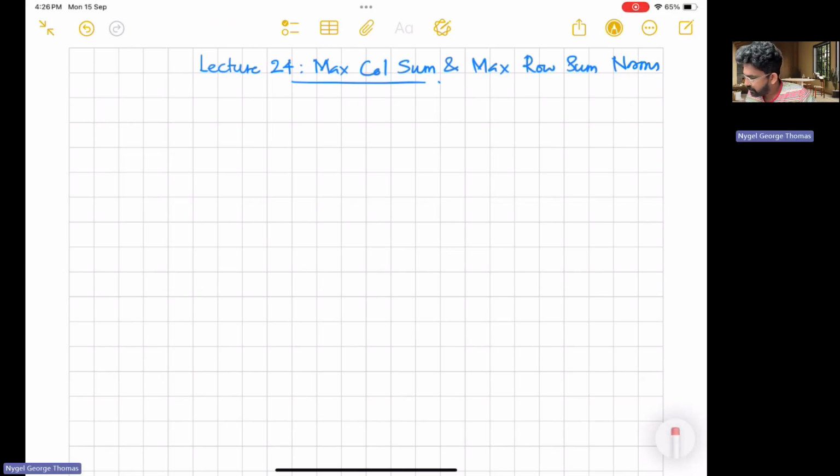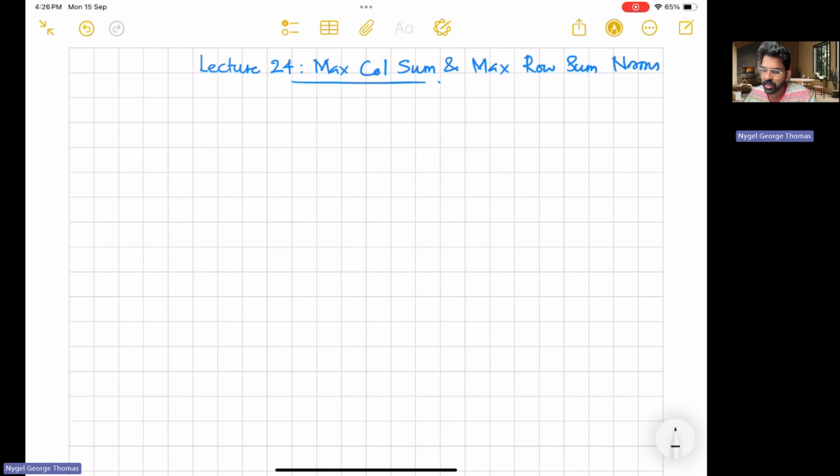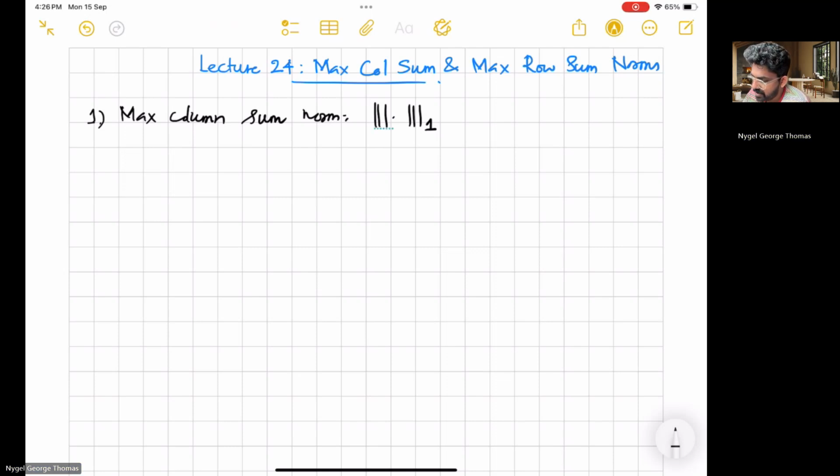Now let's look at a few induced norms, examples of a few induced norms. First one is the maximum column sum. It is normally defined like this. So note that we've already seen this norm for matrix, which was